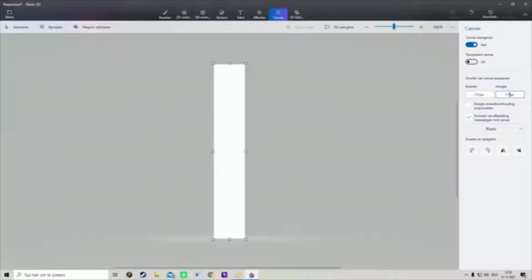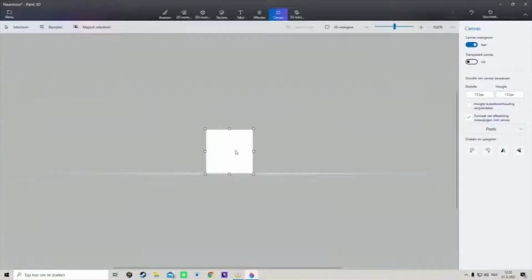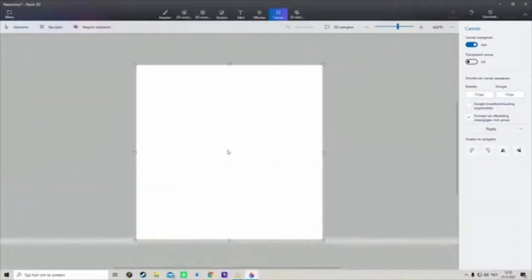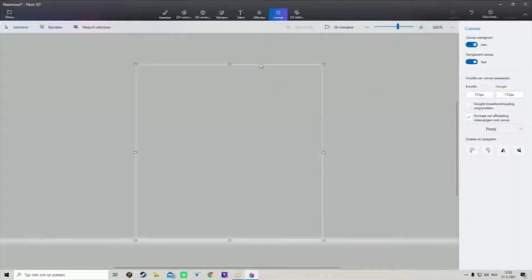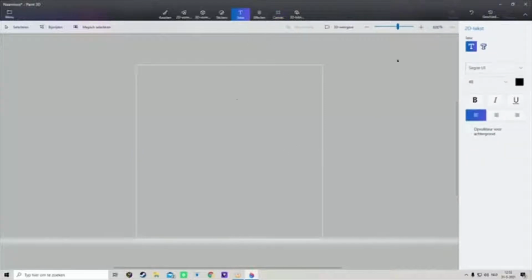Setting the sizes. Then I'm gonna zoom in by scrolling my mouse so I can see clear and a better view. I also make the background transparent because, yeah, you don't want a white background behind your emote. You just want a transparent one. Making emotes with words or slogans or whatever is the easiest, because all you need at that moment is the text part of Paint,